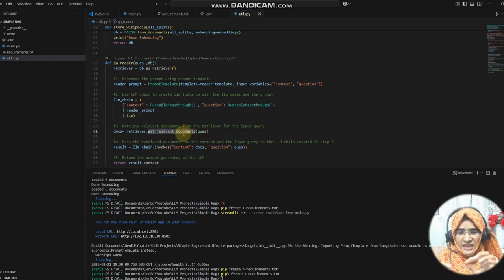That particular function is doing the same scenario that we defined here: we don't need to get all the content or pass all the content to the prompt. You just need to pass the specific content regarding that particular question to the prompt. So we are using get relevant documents here.